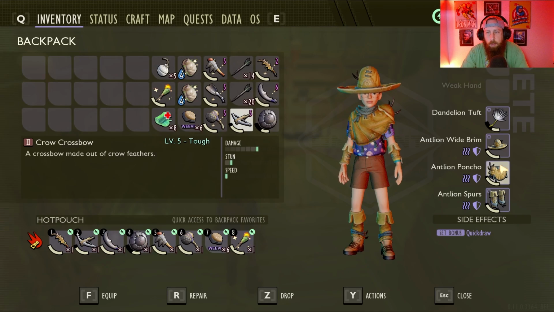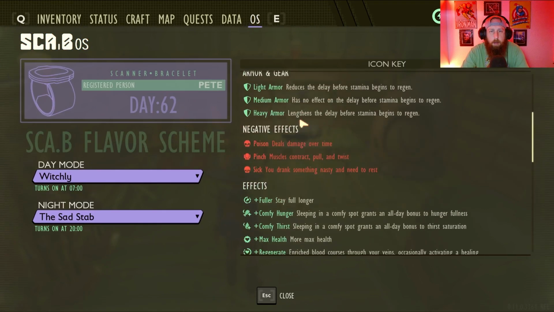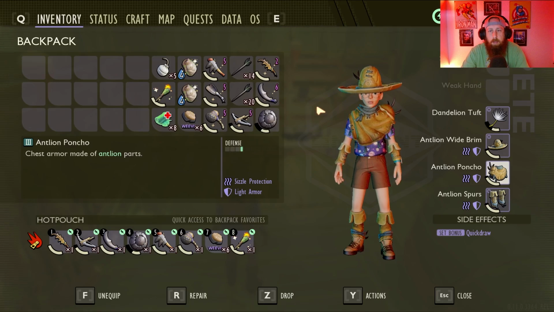You can see these ones have Sizzle Protection. It's also classified as light armor. That's one of the changes in the armor. You have heavy, medium, and light. And if you look up here, it's going to tell you the differences. So light armor reduces the delay before stamina begins to regen, and then medium has no effect, and then heavy armor takes longer to build your stamina back up. So there's trade-offs. Obviously, the heavier armor is going to have better defense, and lighter armor is going to refill